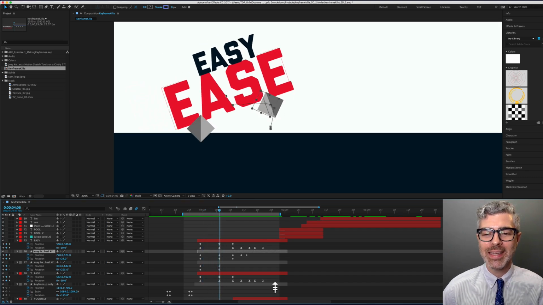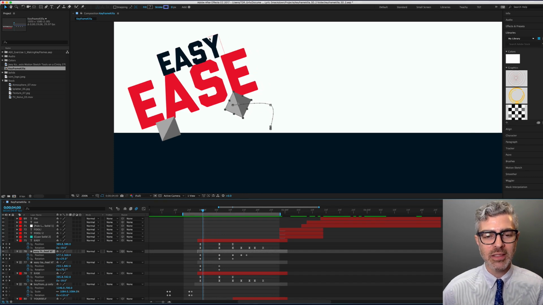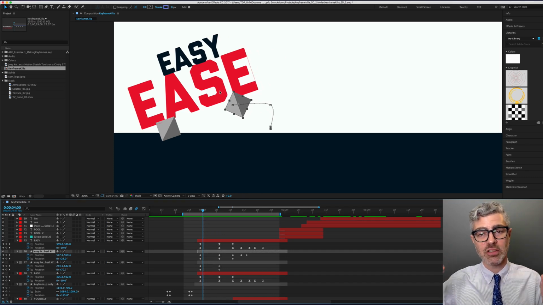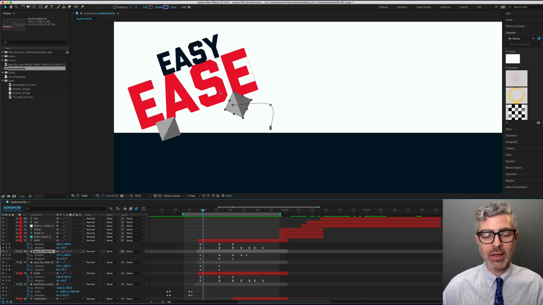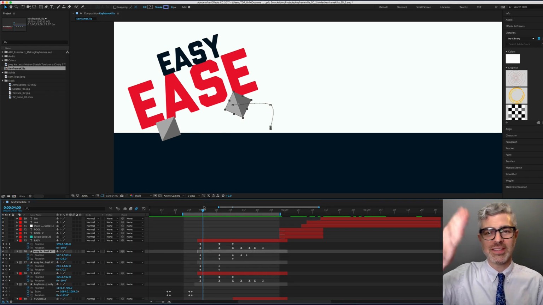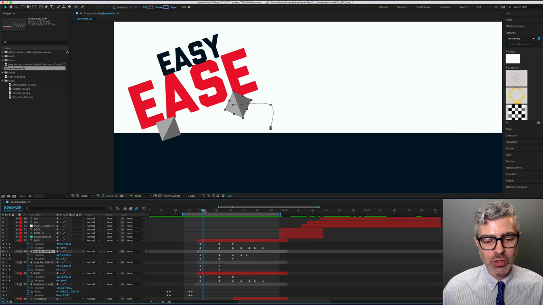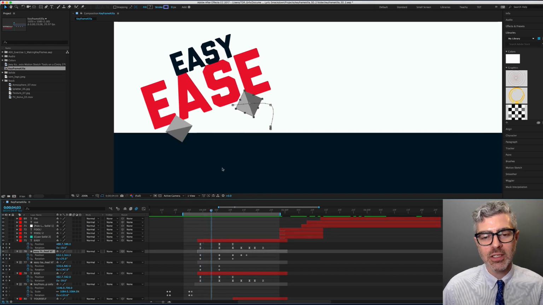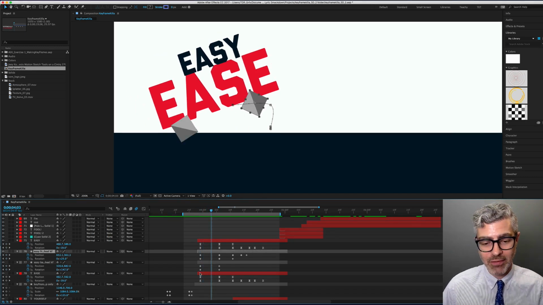See that? It kind of shifts all over the place, and it's because an ease keyframe gives a slow out and a slow in. We haven't really talked about this yet, but that's what ease keyframes do. And linear keyframes, these normal diamond ones that we've been working with, they just move the same rate at every frame. So you create a little bit of a disturbance here between the layers by not having them all ease